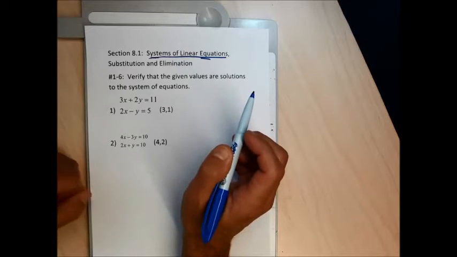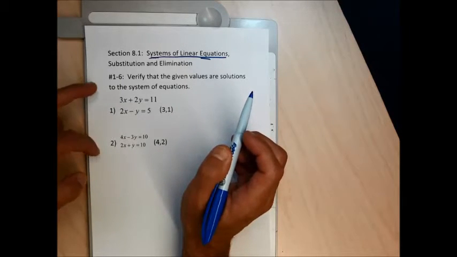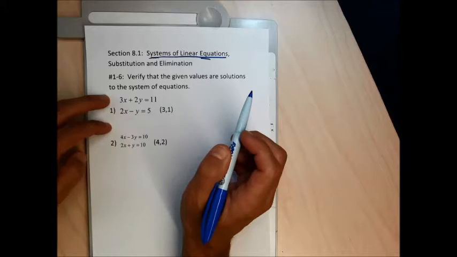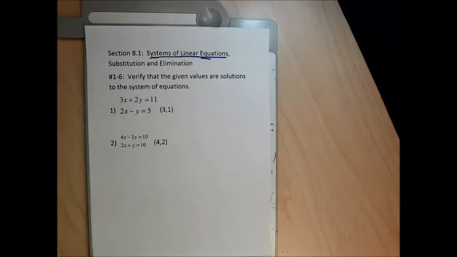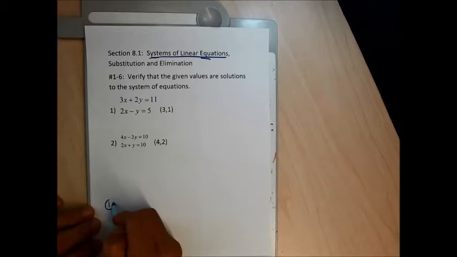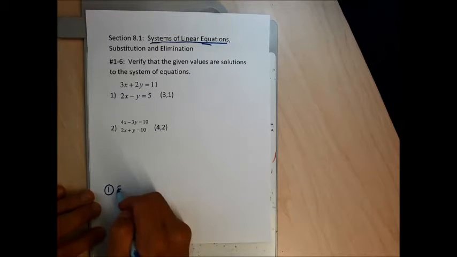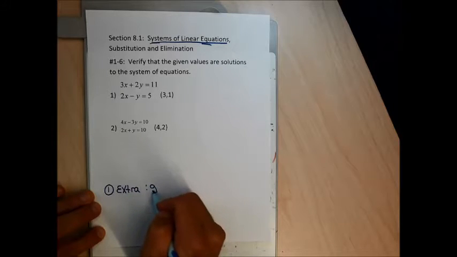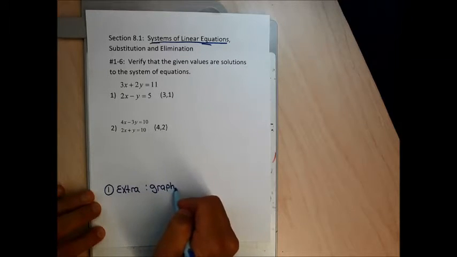So the first thing we need to be able to do is figure out what a solution to a system of linear equations looks like. And let me real quickly show you graphically what a system of linear equation solutions look like. So I'm going to look for a few minutes here at problem number 1 and do something that's not required. This is like extra. I'm going to graphically, just to show you how these things can be solved graphically,